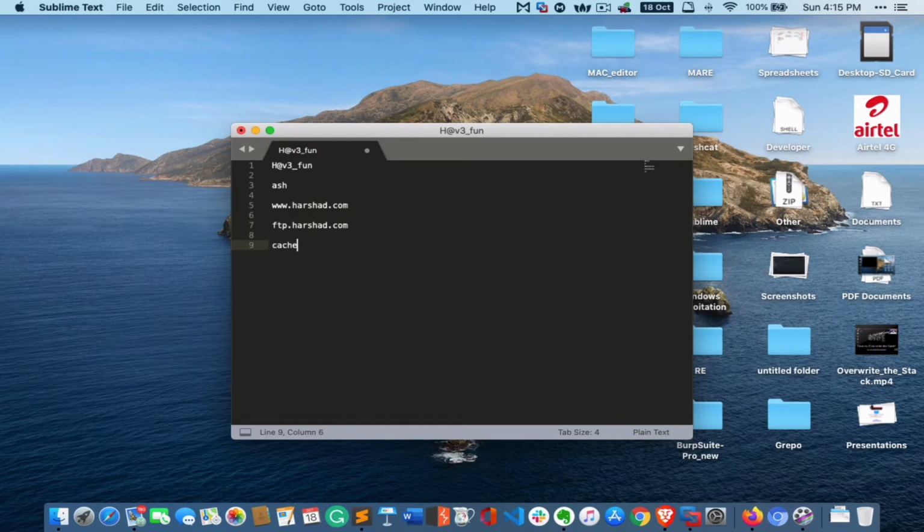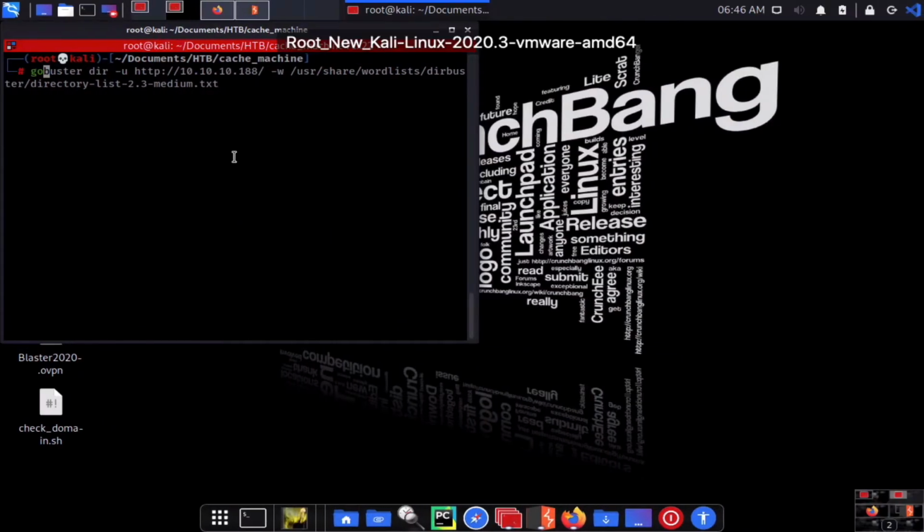In the same way, in this case we have cache.htb. So the main domain is HTB. I'm going to do a brute force, we can say vhost brute force. I can use the tool called wfuzz, and you can also use GoBuster to brute force this vhost. How to use it? Simple. You use GoBuster and then vhost, and in the same way -u for the URL and other options, and then the word list. So let's see how we can do it.